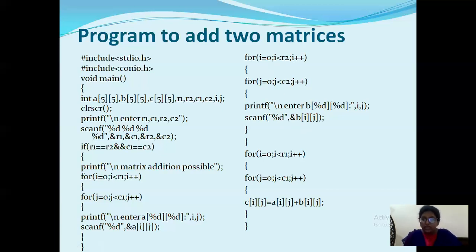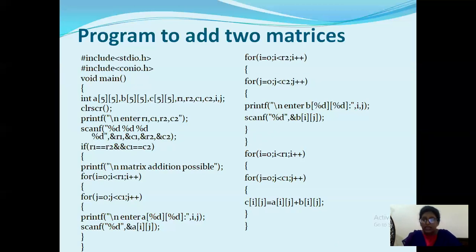Now you need to write down the logic for addition of two matrices. Now you are having the elements in A matrix and B matrix. Now you need to add those two matrices with using this formula called C of ij equals to A of ij plus B of ij. If your I is 0 and J is 0, then you are adding A of 0 0 element plus B of 0 0 element, and you are storing that value in C of 0 0. Then again J gets incremented. Then what would be the next value?